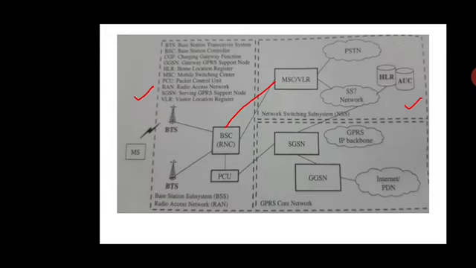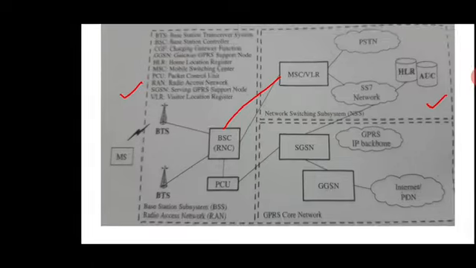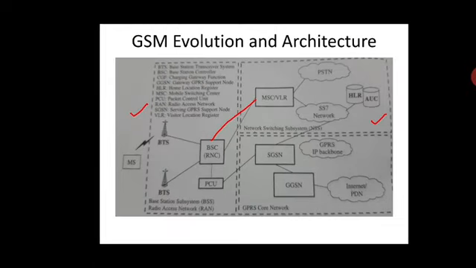Now the data will be communicating from the BSC. If you are the user with a mobile phone, you connect to the BTS, the BTS to the BSC, the BSC to the MSC, and beyond the MSC there is a huge network, so the bandwidth will be quite high. In GPRS, the data is packetized. Here the BSC is connected to the PCU, the packet control unit, which means the data flowing on the other side is in packetized format.